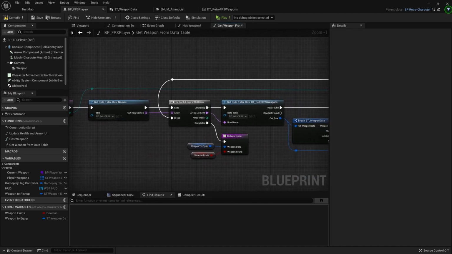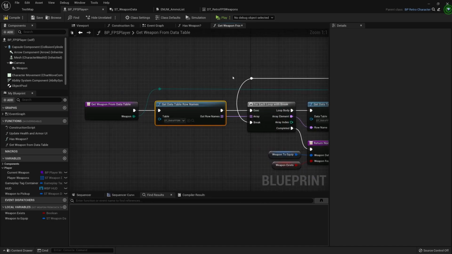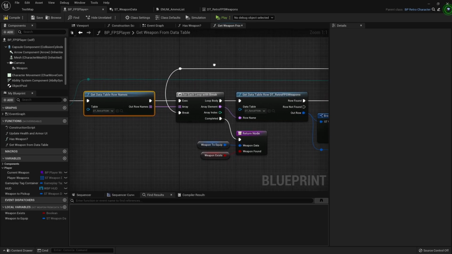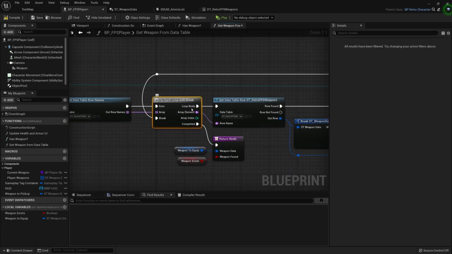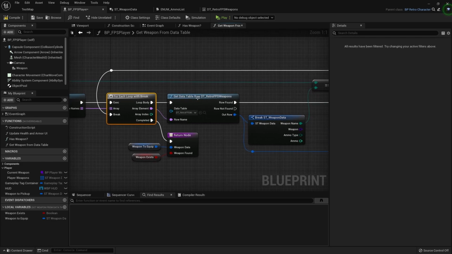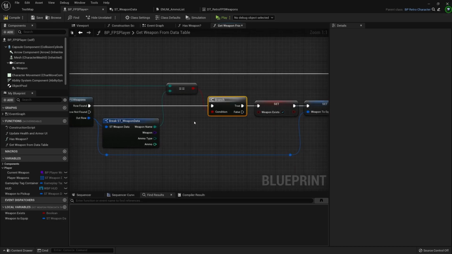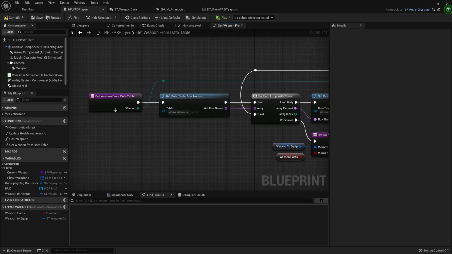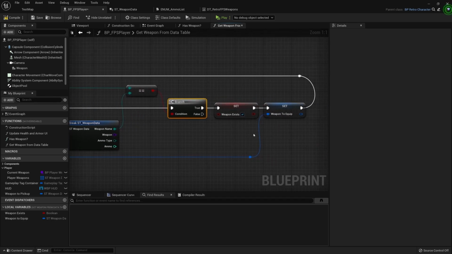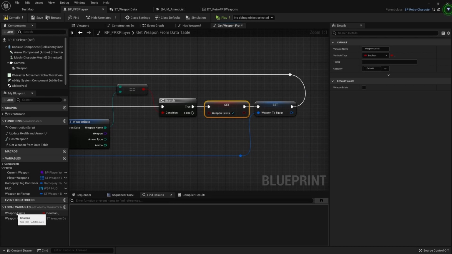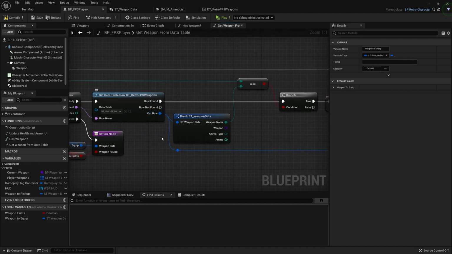All right, so everything should be working. Just to go over it again, we get the data table row names. We go through each of the data table row names. We pass in that row name to the data table again, because we're going to get each specific row. And if the row is found by comparing the weapon name to the weapon we're passing in, then we're going to set weapon exists local variable to true and the weapon to equip local variable to be the weapon row that we have checked.